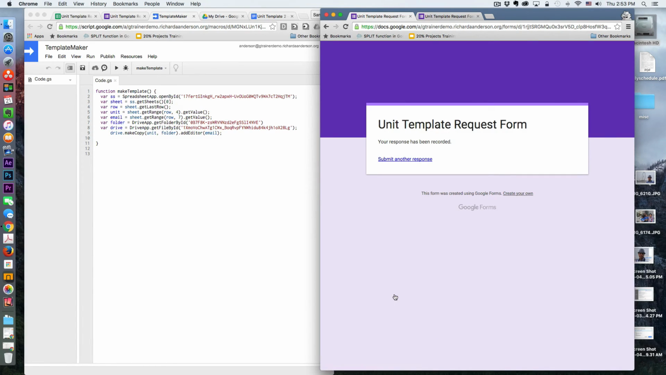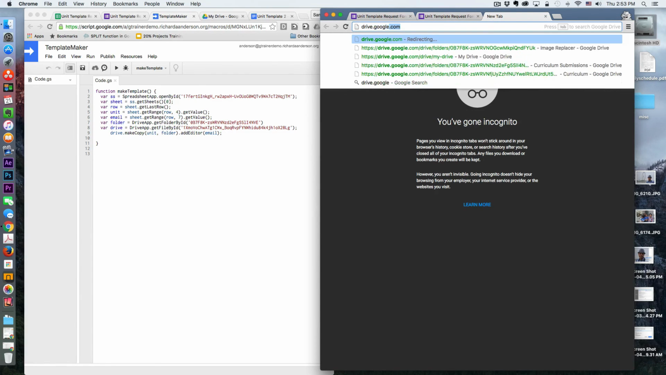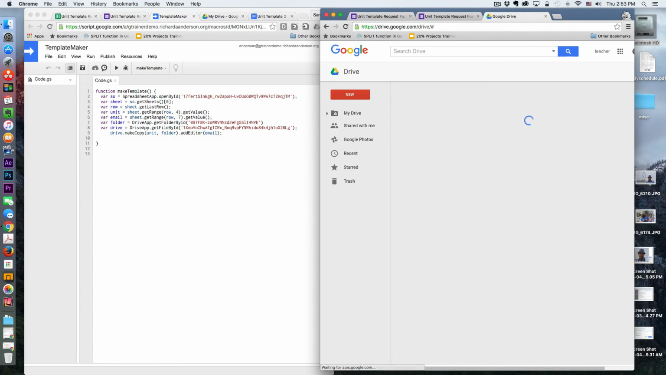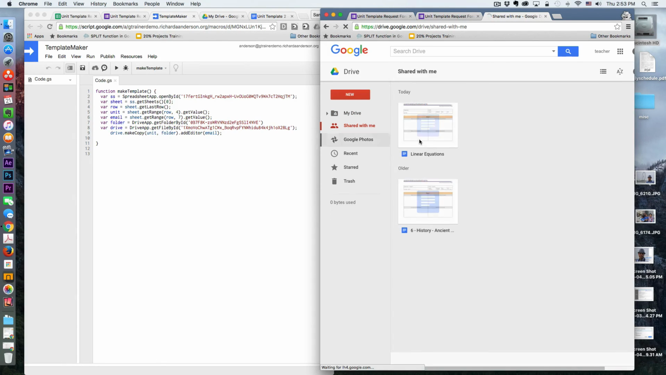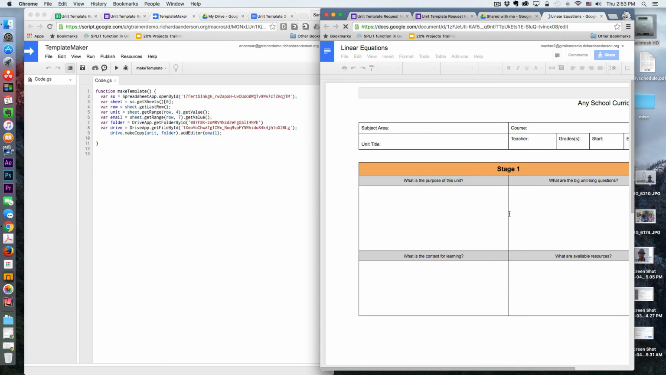I'm not really getting any information here. I could update this to say what's going to happen next, and I probably will in the long run. But now, if I go to this user's drive, and go to the shared with me folder, I'm going to notice I have a file called linear equations. And if I look at the permissions,